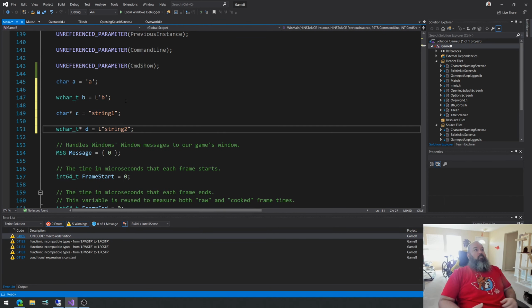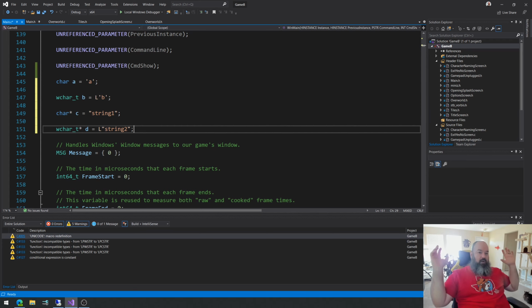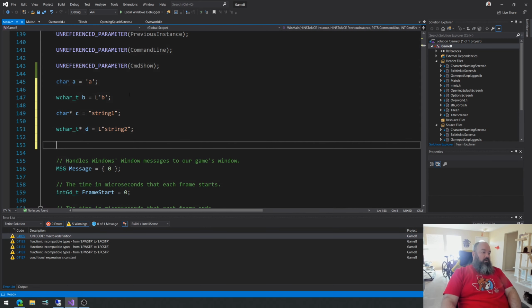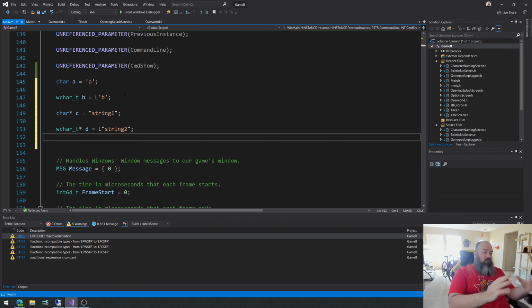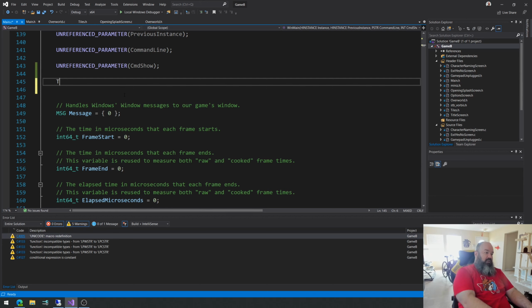Now, Microsoft a long time ago realized that this sort of coexistence was annoying to developers, and so they devised a way to where you could basically write all your code in one style and have it easily portable between ASCII and Unicode. So the data type that they came up with was a tchar. And I don't know why it's called a tchar, but it's called a tchar. And we're going to call this tchar